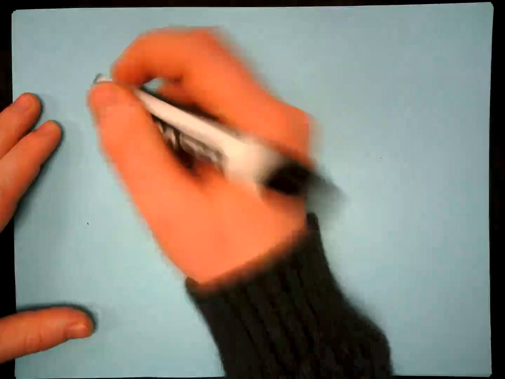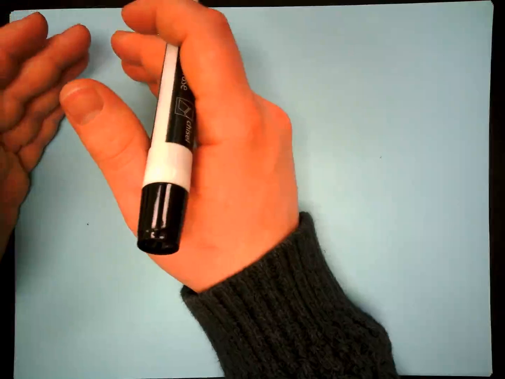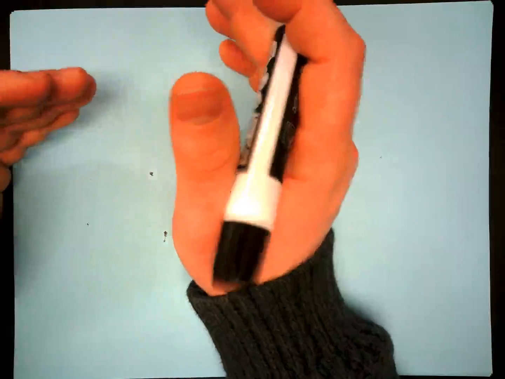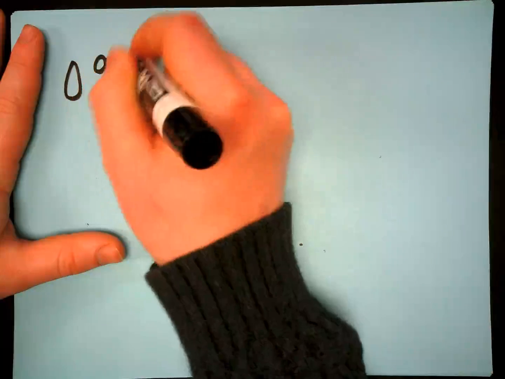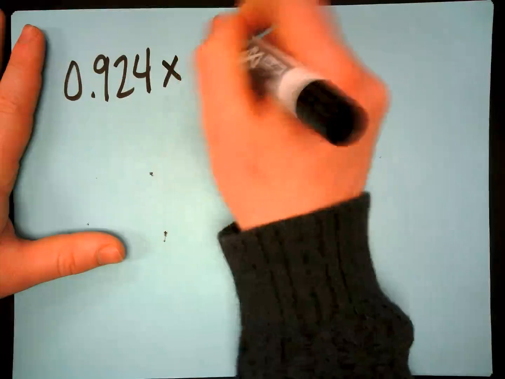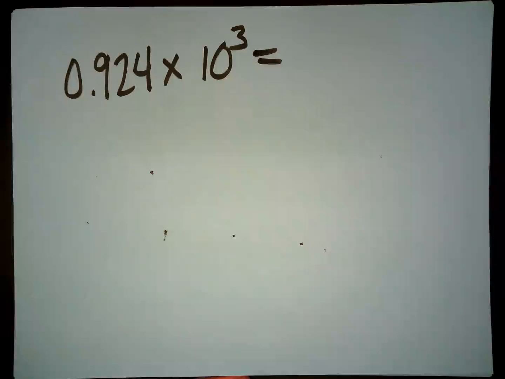The second biggest thing that I saw an issue with, and arguably it is the biggest thing. If I said the other one was the biggest, I didn't mean that. This is the biggest issue I've seen you guys have: taking or putting things in scientific notation that are already in incorrect scientific notation. So if you've got something like 0.924 times 10 to the 3rd power,